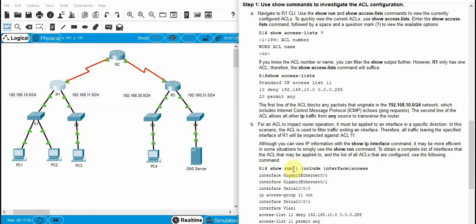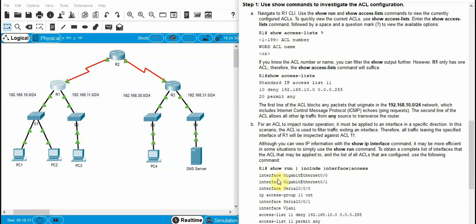So normally show run will show you the entire configuration which is saved in RAM. If you want to check only certain things, include is a keyword which means only show me the running configuration which includes the interface or access keyword.